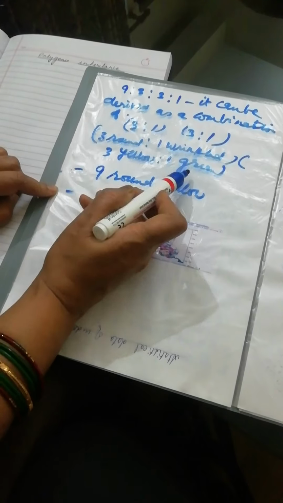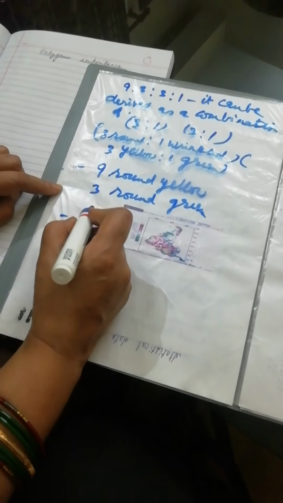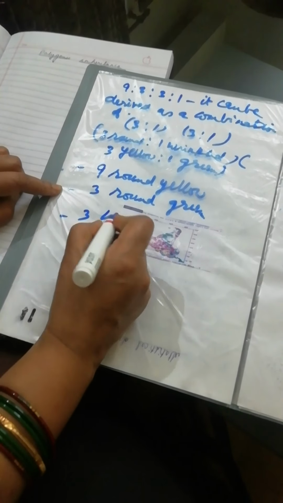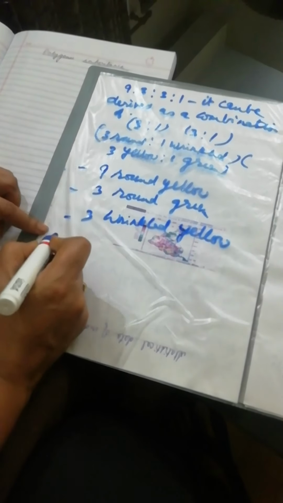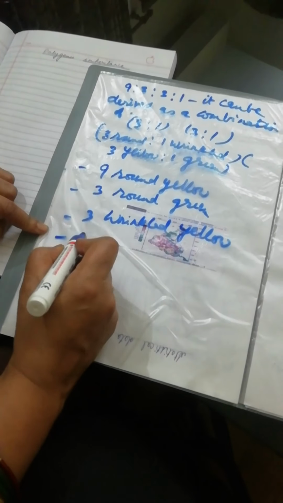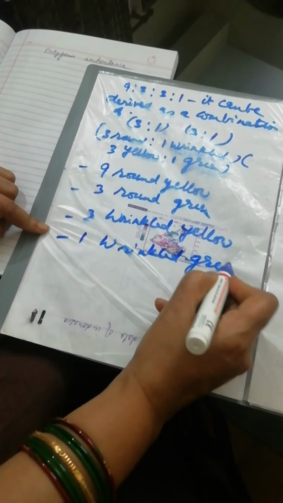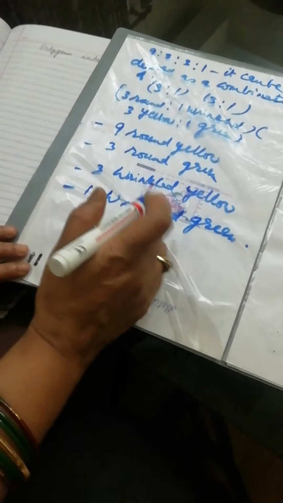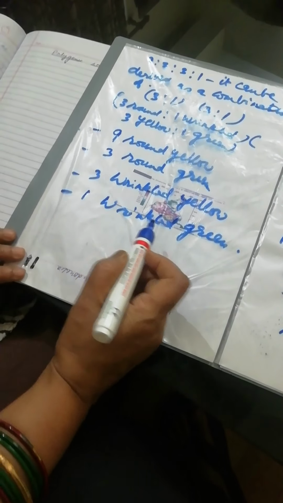Second, if this 3 round is combined with this 1 green, then we get 3 round green. Similarly, 1 multiplied by this 3 gives 3 wrinkled yellow, and if this is combined with this, we get one wrinkled green, isn't it? So based upon such observation on the dihybrid cross, Mendel proposed a second set of law as